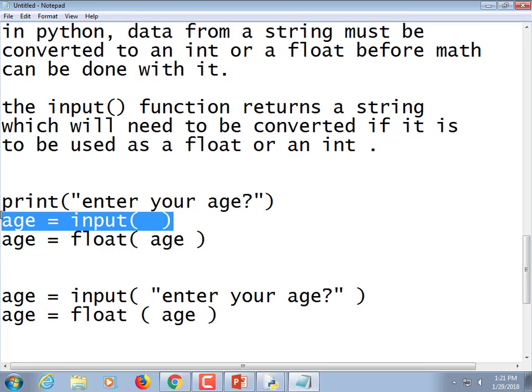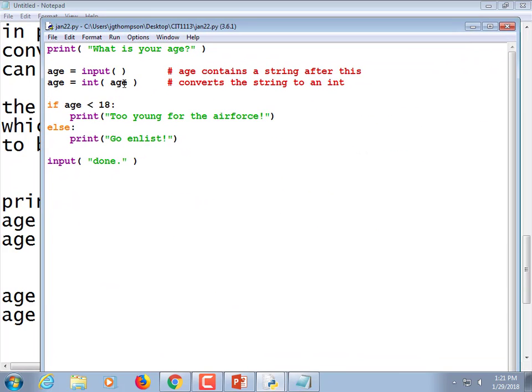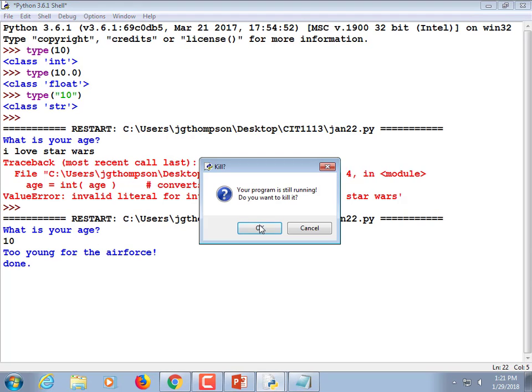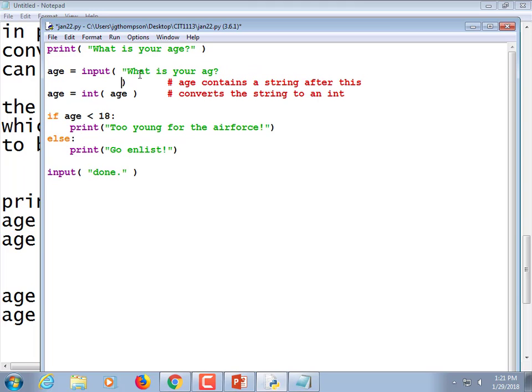There's one more visible side effect from doing it this way rather than this way, and I'll try to demonstrate it. If I run this code as is, where I do the prints and then I do the input, notice that my cursor is put on the next line, and that's where I type in stuff. However, if I had put that message here inside the input statement,